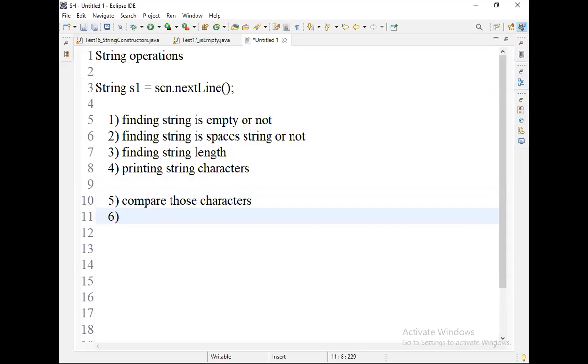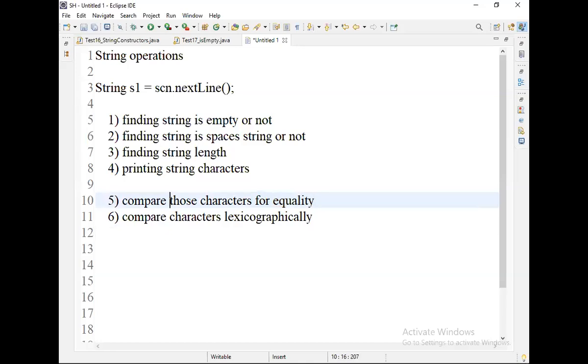Next, comparing strings for equality and comparing strings lexicographically. Let me write it, people may get confused.